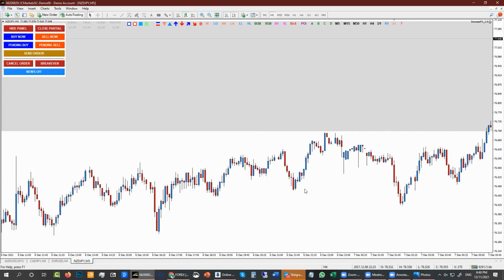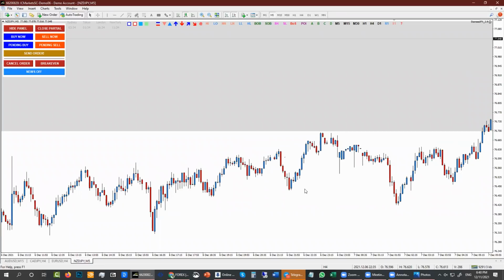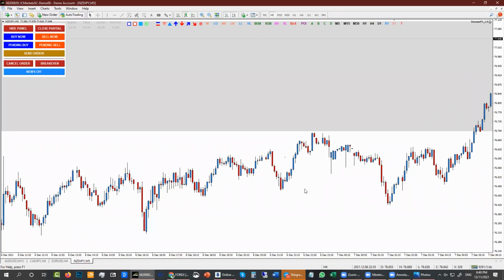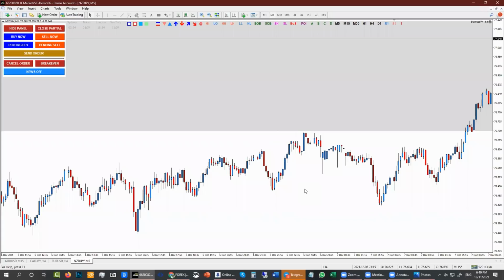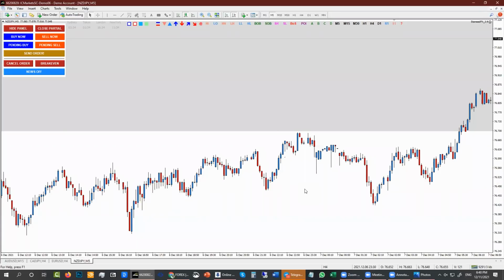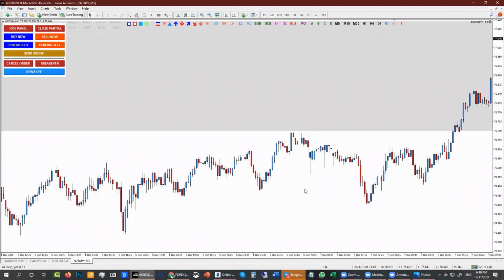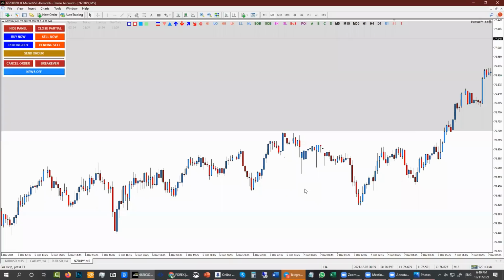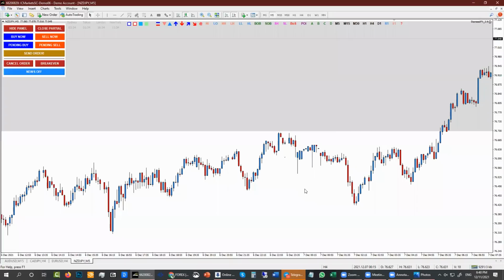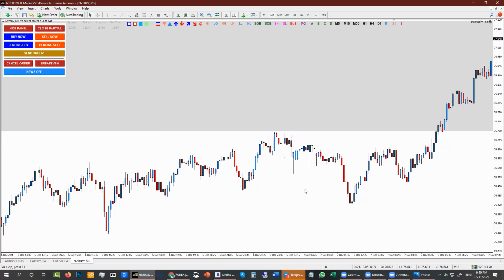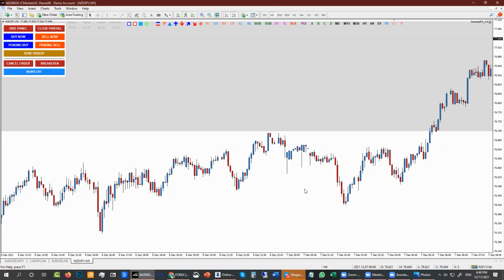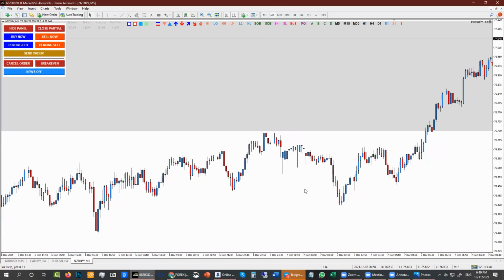This is the first time I touch, and then what you have to do is you just click F12, function 12 on your keyboard, and then it will just give you one by one. Look, like this. This is still higher. There is no break of structure there. Okay. All right. There is still no break of structure. No break of structure below. Is that break of structure? No. No.